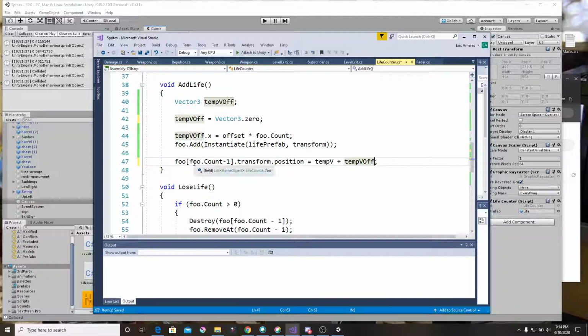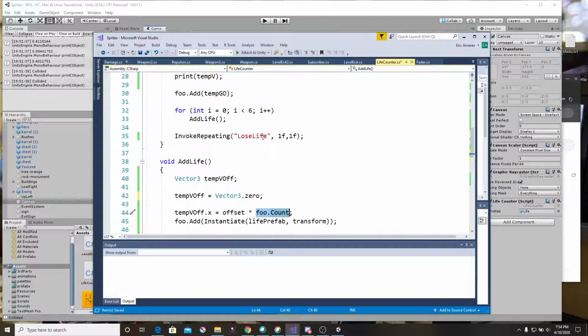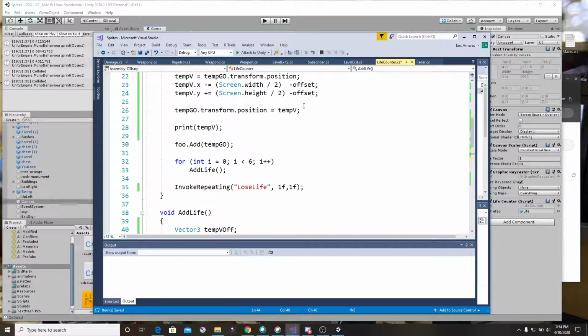So let's see, transform foo.count. Oh, let's see, add life, foo count -1. So if foo count is 0 coming in here, when I want to add a life, oh, that could be the problem. So, no, that's good, because it's going to say, all right, add 1. So that should not be equal to 0. It should say, all right, count that. This time around, that's going to be 0. So the offset will be 0. That's okay. It should really be always just doing